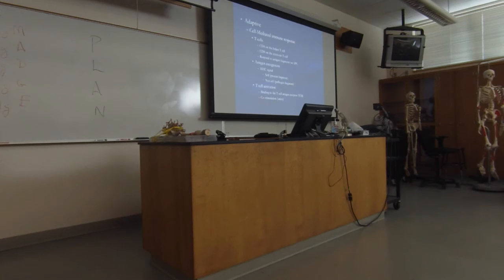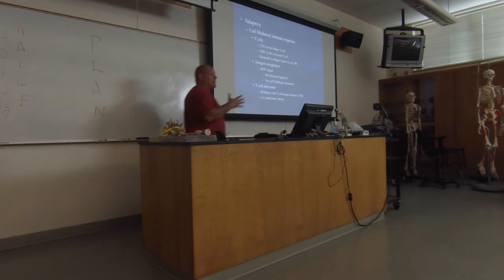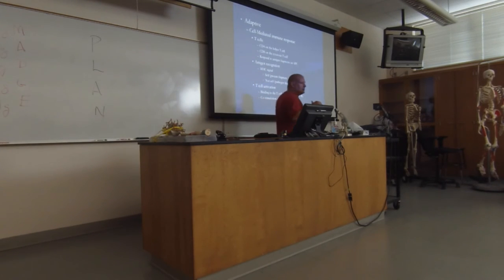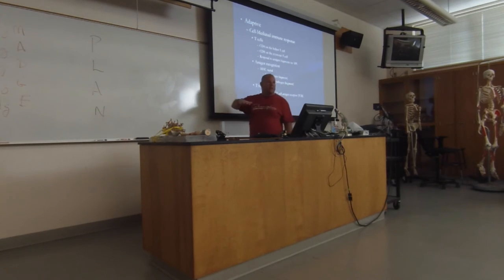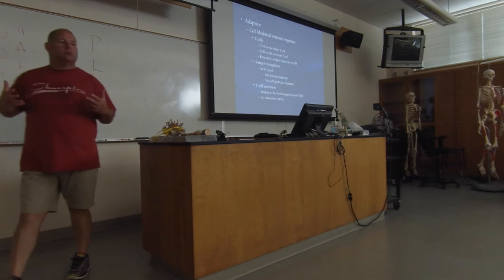And then we have regulatory T cells. These are sometimes referred to as suppressor T cells. They basically keep the immune system in check. Like, okay, we started the battle, let's go ahead and ramp the battle down a little bit. Looks like we're winning. And it prevents the immune system from getting out of control.